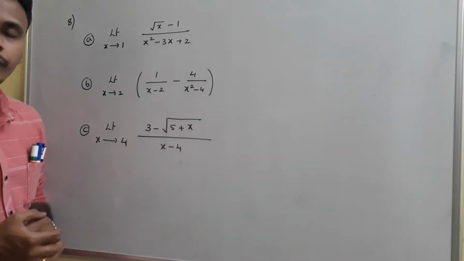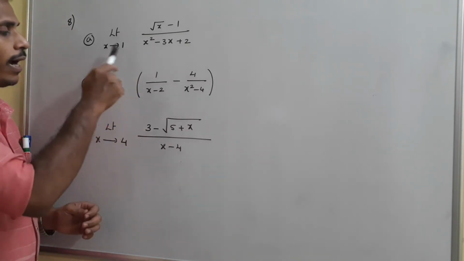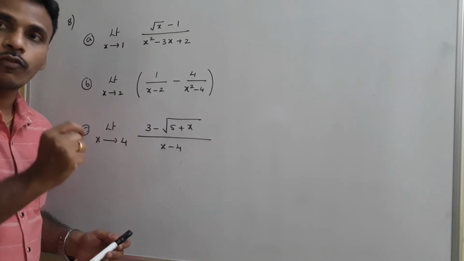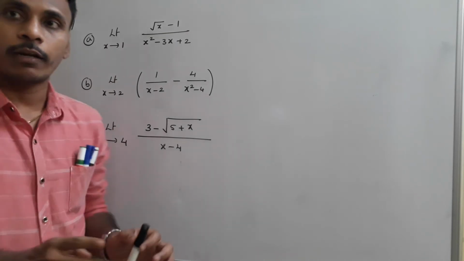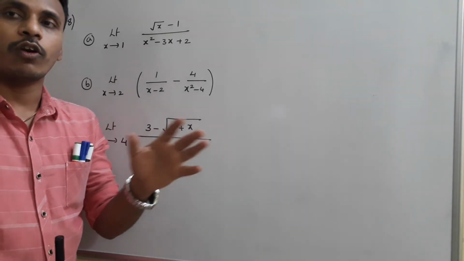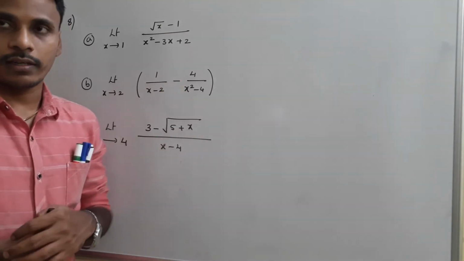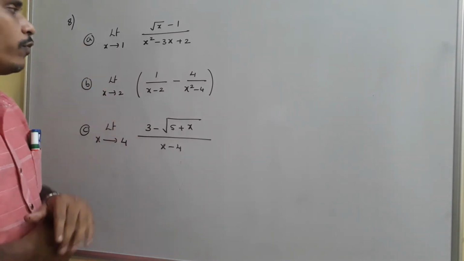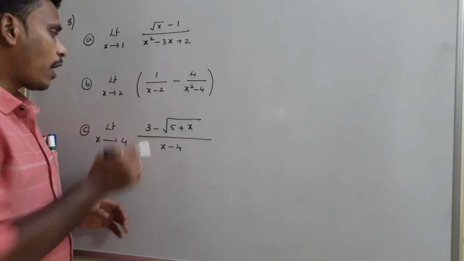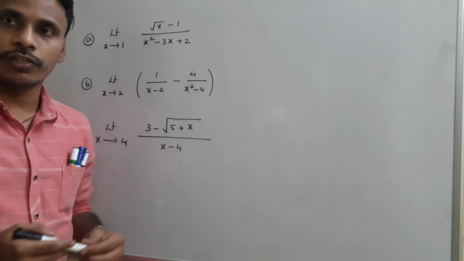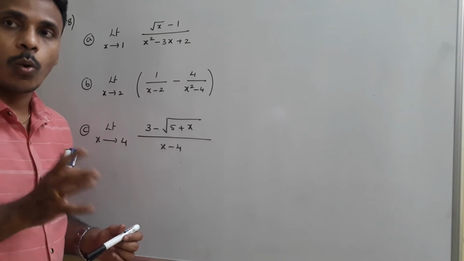Just look at the board. We have 3 problems, okay? As I mentioned, to find the limit values for this type of problem, first of all, we need to replace x with that particular number. If we get an indeterminate form, to avoid it, we need to use one of the techniques. Here, I gave you 3 problems where we use algebraic techniques. For the first problem, we will use the factorization technique. For the second problem, you just use a simplification trick. And for the third problem, we need to use the rationalization technique just to avoid indeterminate forms.